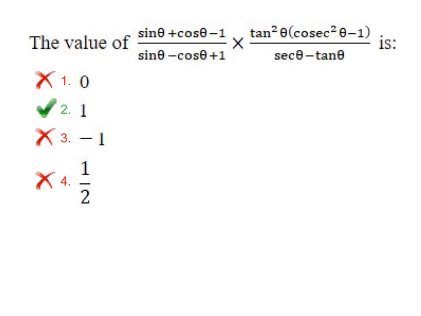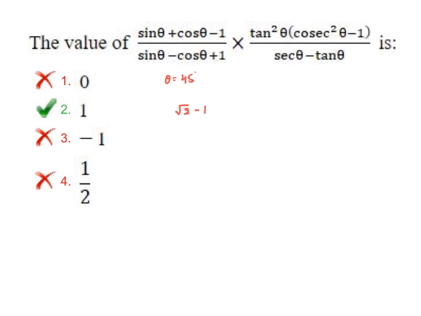It's asking you the value of the given expression. Now see, you can do it in so many ways. One way is to substitute the value of θ. The best value of θ is equal to 45. If I substitute θ equal to 45, so 1 by root 2 plus 1 by root 2 is 2 by root 2, that is root 2, minus 1.